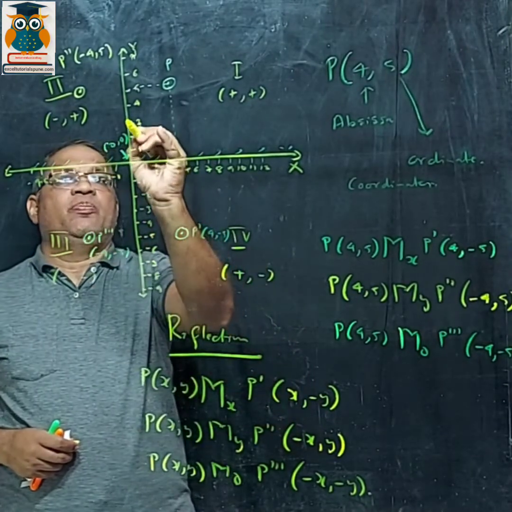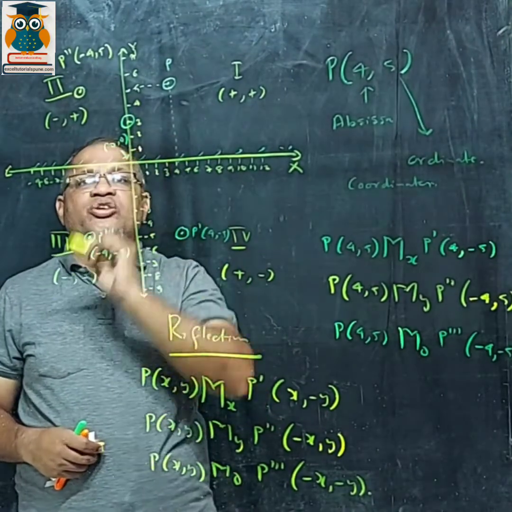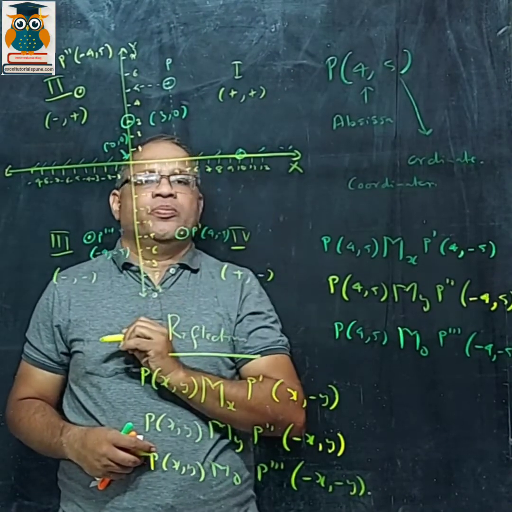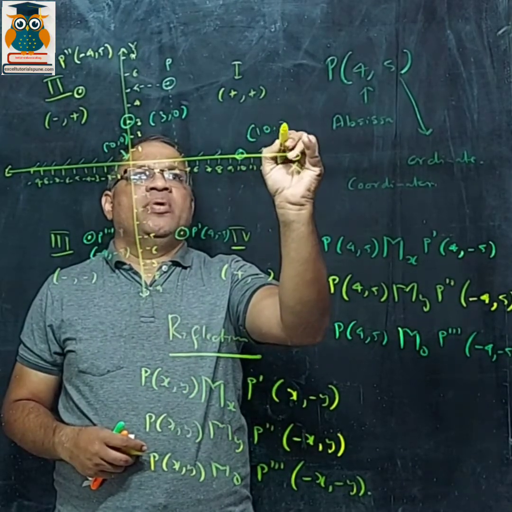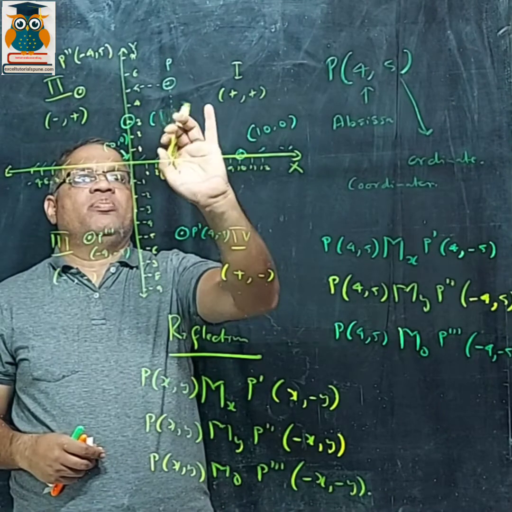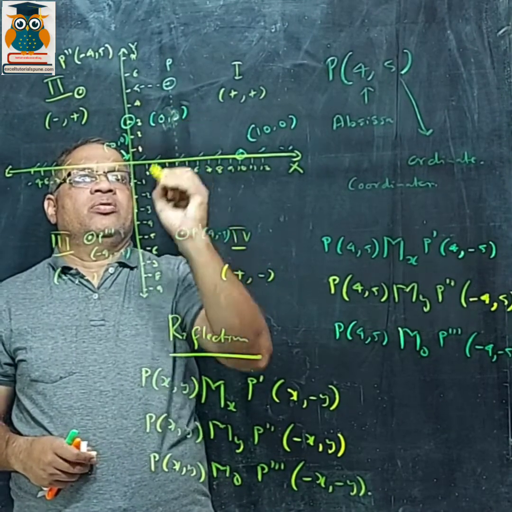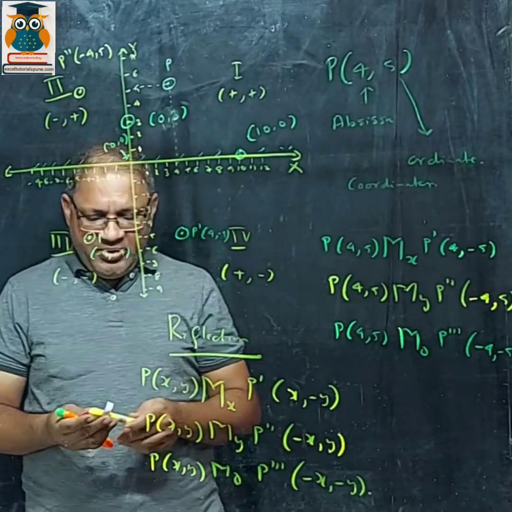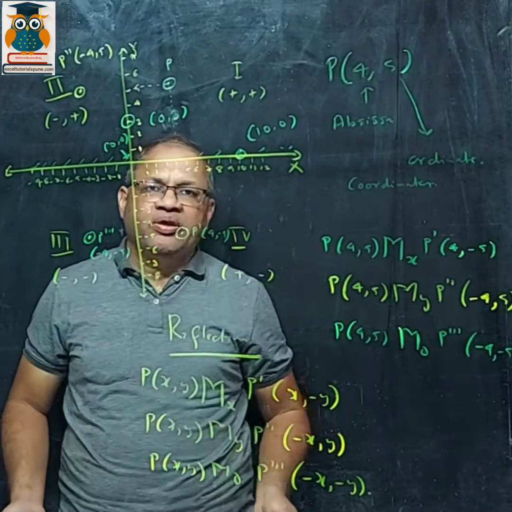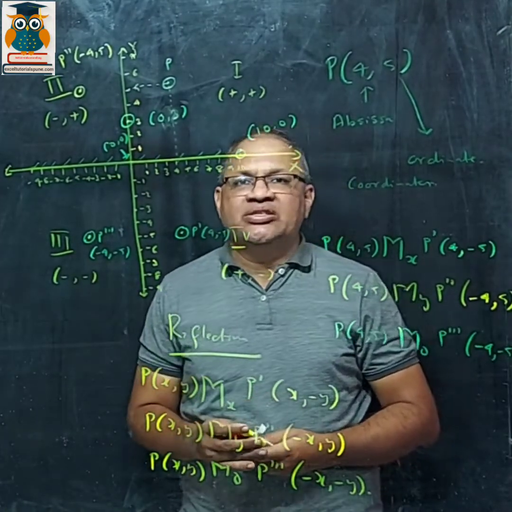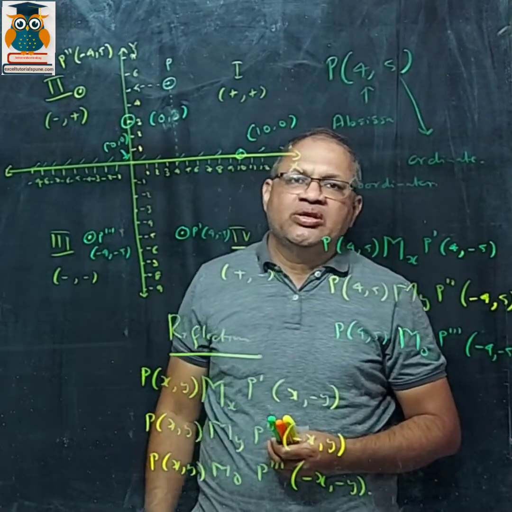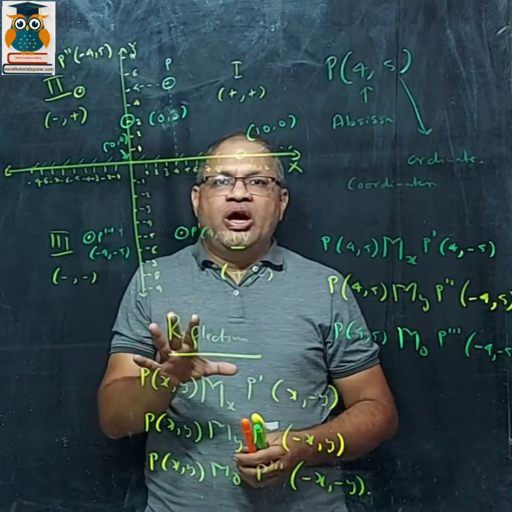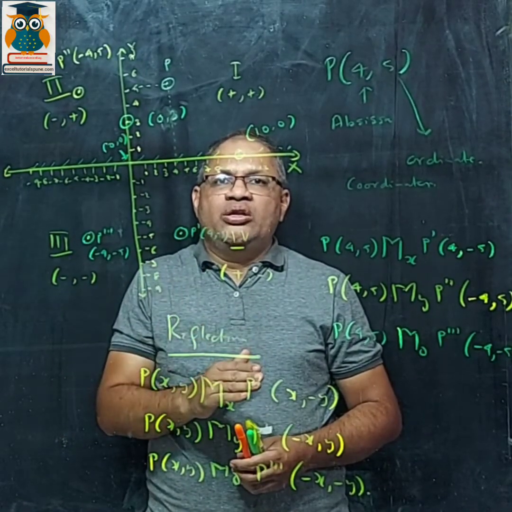For example, if you have a point on the x-axis at 3 over here, the coordinates of that point will be (3, 0). Suppose one point is over here on the y-axis, so the coordinates will be (0, 3), because it's on the y-axis. Just keep that in mind. Whenever they speak about x, y will be spoken of. Point on the x-axis, y is 0. Got it? So just go through this formula.